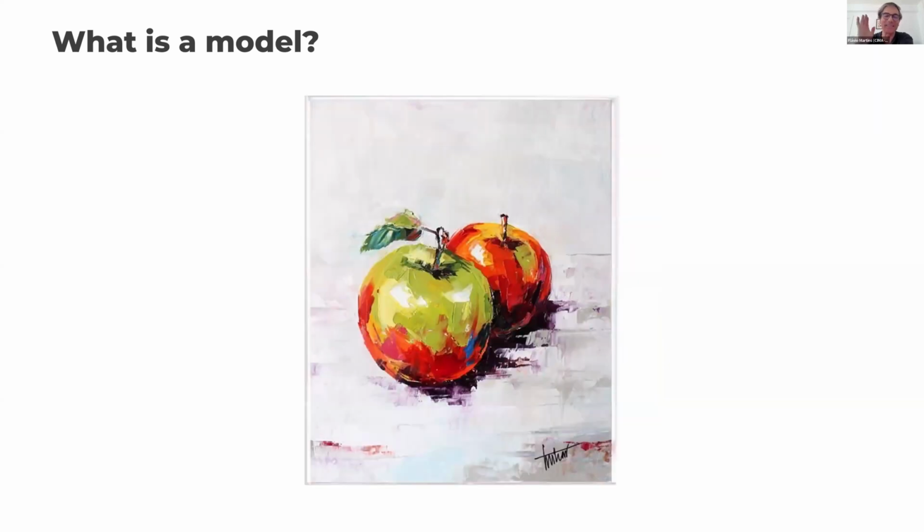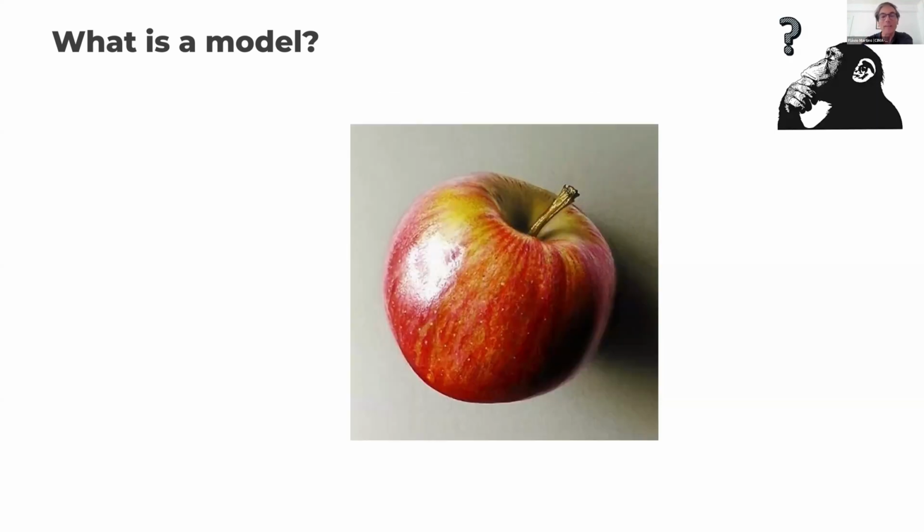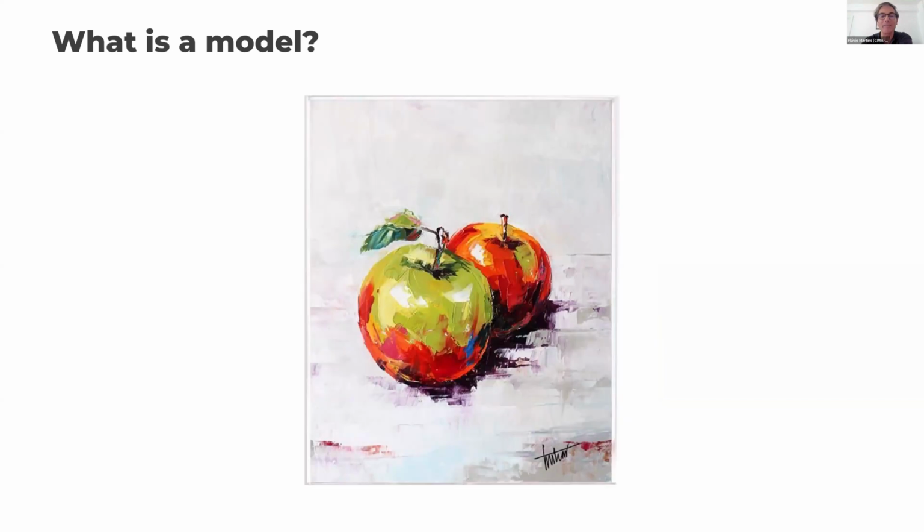Okay, and this one is clearly a drawing of an apple, right? It's a painting of an apple. It shows different things, right? It doesn't show that much of the reality, but it gives some movement, some energy, some feeling, some emotion of the apple, right? Some impression. It's impressionist, so it gives some impression of the apple.